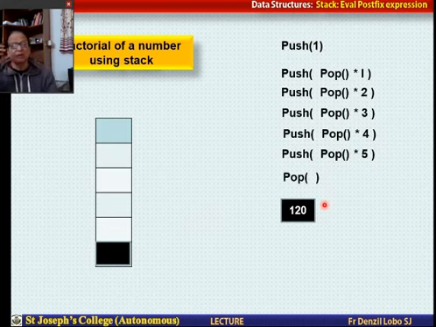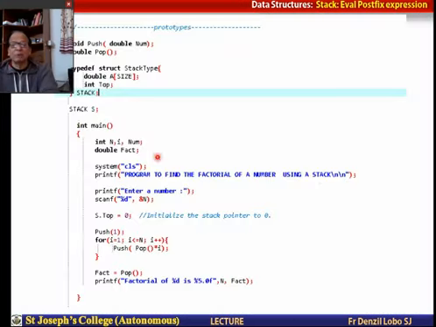You write all the functions. You have to write push, pop and the main program. I'll show you the main program, but don't just copy it. Got this function push, pop. You have to write them after the main. Please remember here we declare factorial as double, because as you know, factorial of 5, then 10, is going to be a large number. If you declare it as integer, there is going to be overflow. You are going to get a negative number.